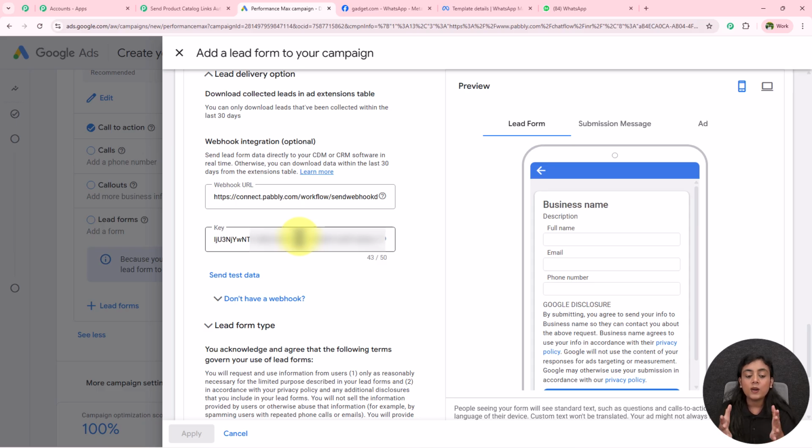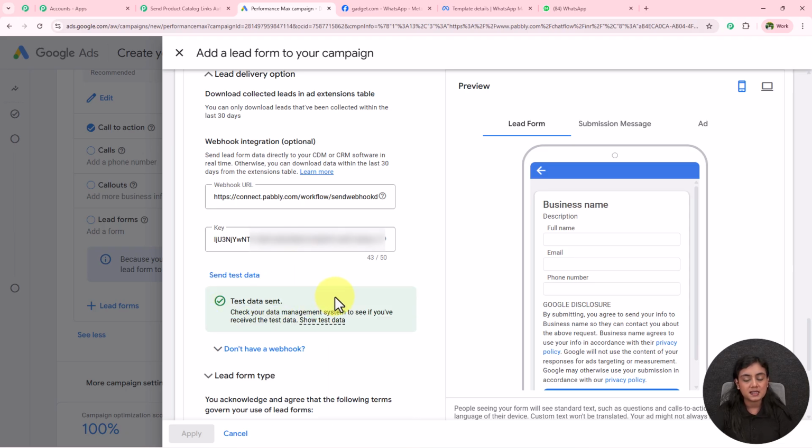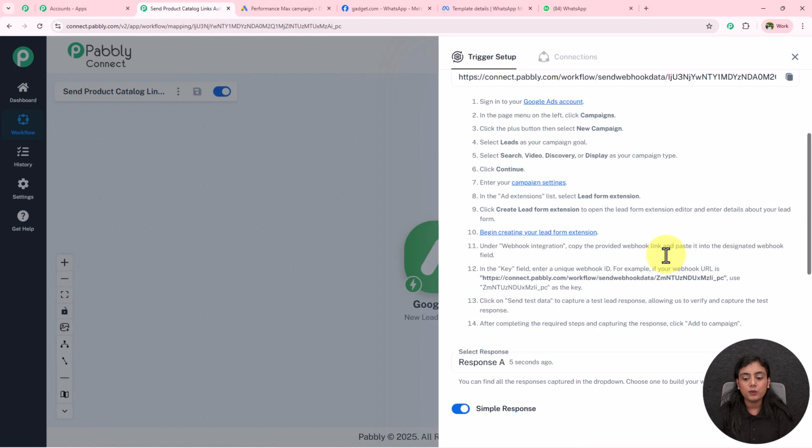I've already told you right now, what I'm going to do is I'm going to send the test data towards this URL. You can also send this test data to check whether this URL is working or not. So I'm going to send the test data from here. It says test data sent. Okay. As now this test data has been forwarded, I'm going to open my workflow over here and scroll down,